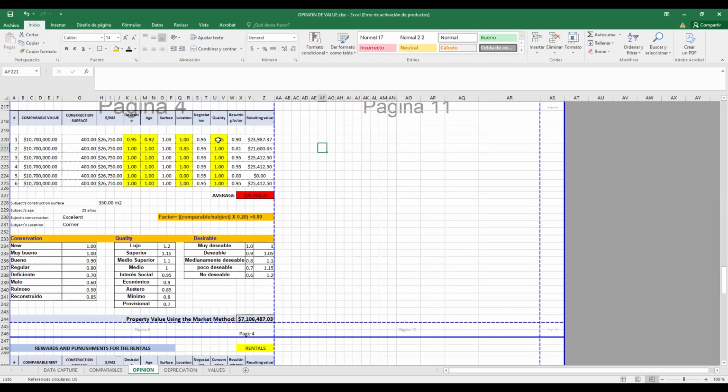So if your comparable is on a corner and yours isn't, you're going to punish your property, 85. This punish is not for the comparable. This punish is for the subject. Okay, that was the confusing part for me. Whatever you write here is for the subject. Okay. Got it. Thank you.